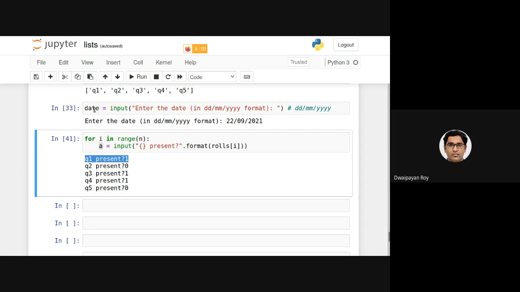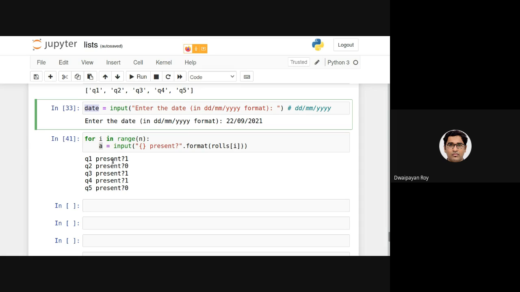That is, for each date, we should be having 5 values, in this case 5, because there are 5 students. So in this date, say 22nd of September 2021, the attendance is 10110. For the second date, or say 23rd of September, it will be say something else. So we need to store this together with this.